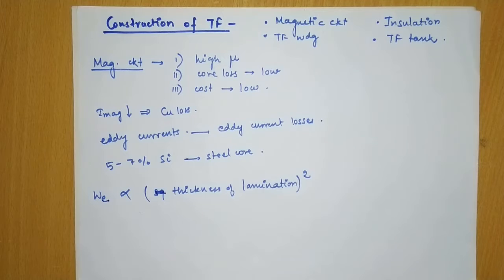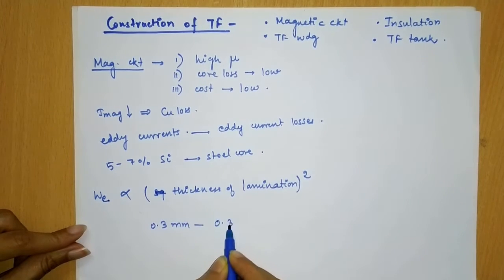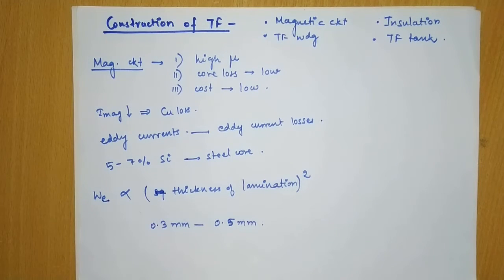For a 50 Hz system, thickness of lamination will be around 0.3 mm to 0.5 mm. Less than 0.3 mm thickness is mechanically weak, so transformer core may start deforming due to internal mechanical forces. However, the transformer core is a combination of a number of small cross-section core plates staggered to each other, having insulation among them. The insulation materials that can be used are paper, varnish, pressed board insulation.